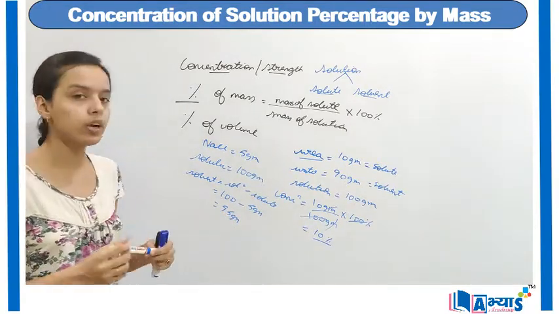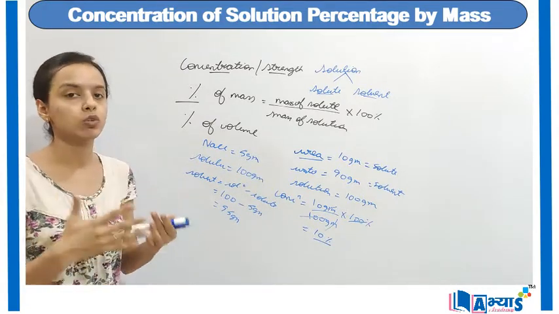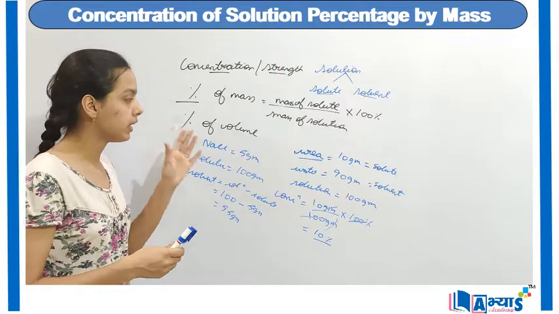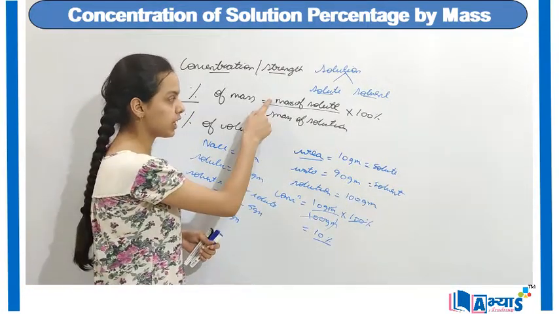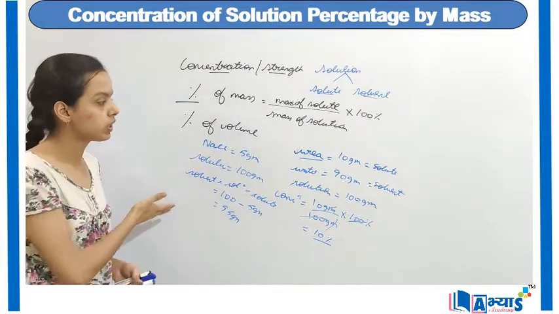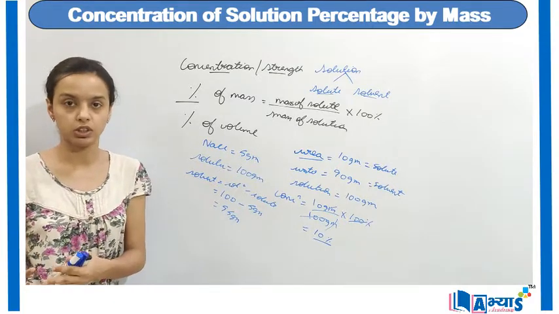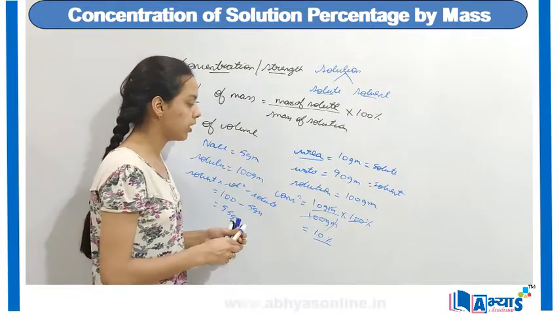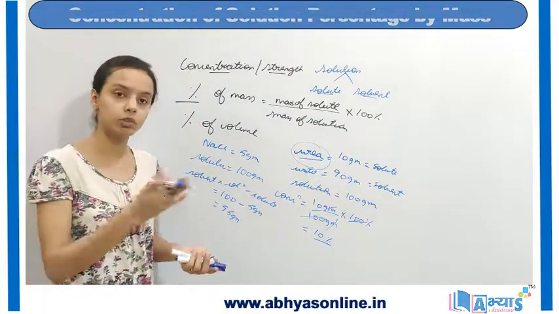So if you are asked to find the solute, solvent or the solution independently, you can find that too. In the end, you can also find the concentration using the formula of mass of solute divided by the mass of solution into 100. This was the concept of concentration. We have discussed the important usage of concentration and an important example, which was the concentration of urea in the mixture of urea and water.